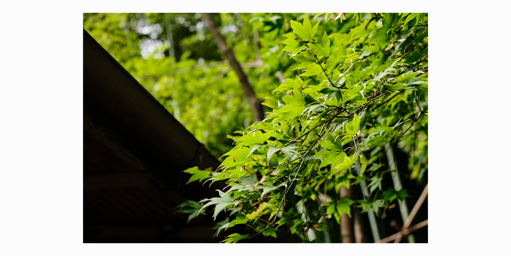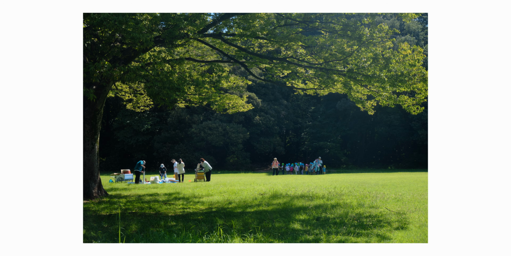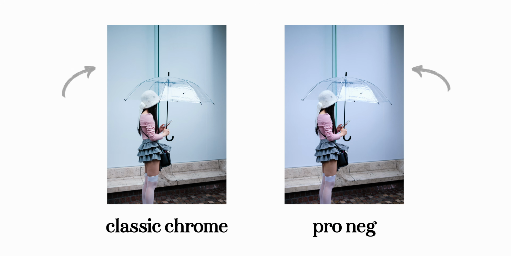Pro Negative Standard, as we know, is lighter in the shadows and flatter all around. When it comes to colors, Pro Negative seems to be a bit warmer and a tad stronger. It's not to the same level as a film simulation like Provia, but a tad more than Classic Chrome. The warmth also might just be a result of Classic Chrome preferring the cooler side of things. The blues are also more standard in Pro Negative as opposed to the tealish ones of Classic Chrome. Those are the main differences I've noticed between the two, but otherwise, most people would find it hard to tell